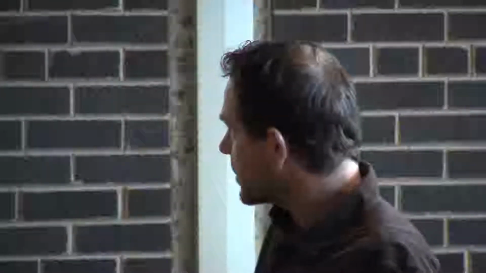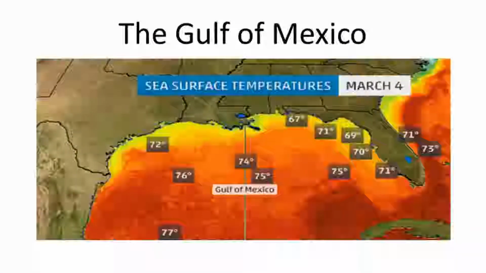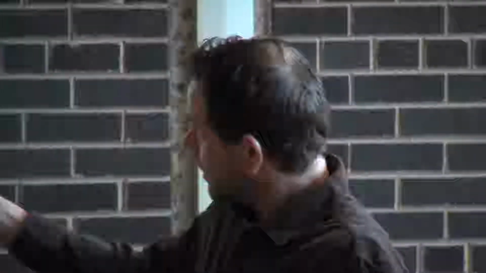But going a little bit deeper into detail about these temperature characteristics, the most important thing that gives us a kind of unique stage setup for severe weather in our country is the Gulf of Mexico. It is a vast energy source, and by energy I'm not referring to electricity or conductivity or anything like that. I'm referring to warm temperatures and the amount of humidity in the air, the amount of water vapor in the air. The Gulf of Mexico is a relatively shallow body of water when it comes to ocean water. This allows it to warm up very quickly, not to mention the fact that it's sitting in a subtropical